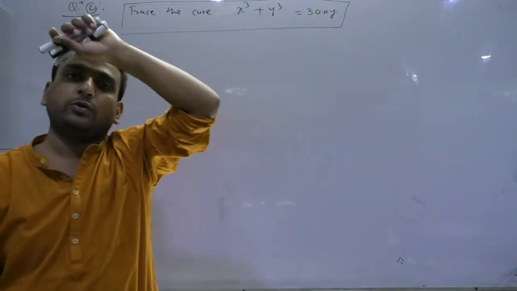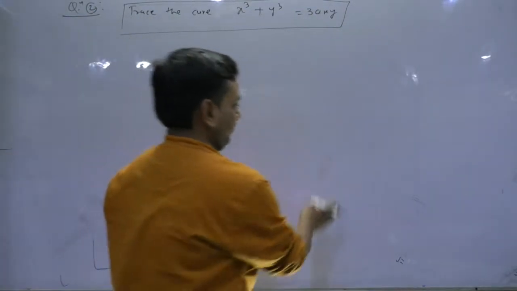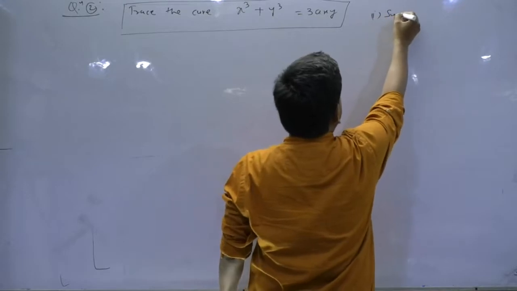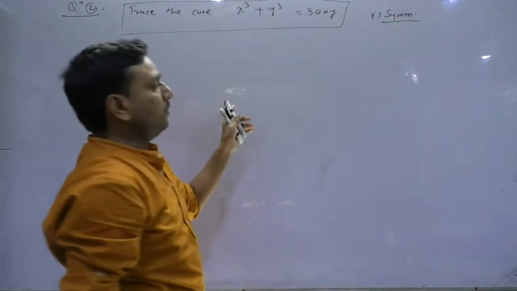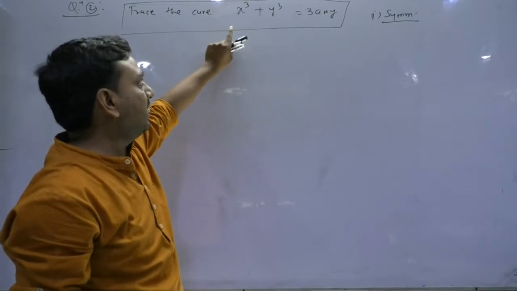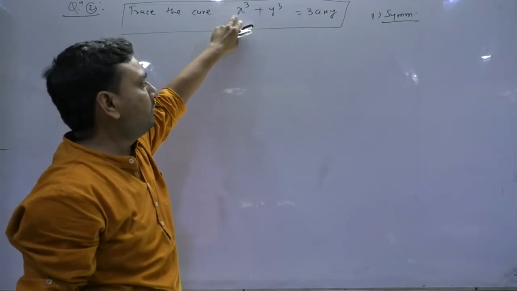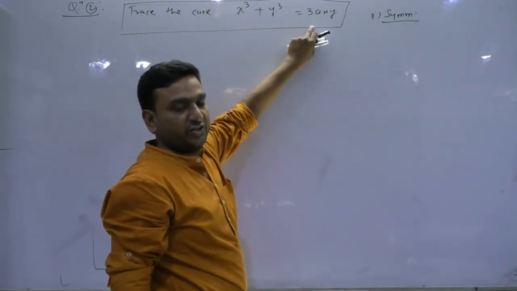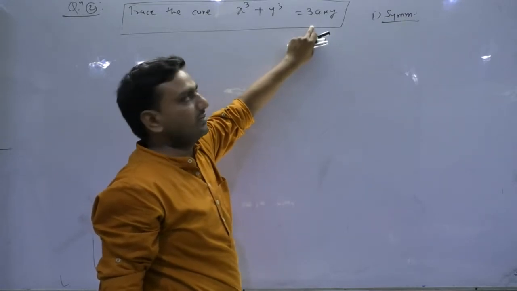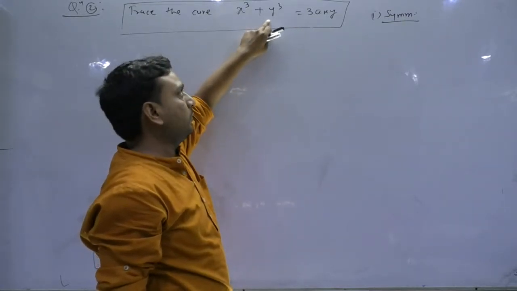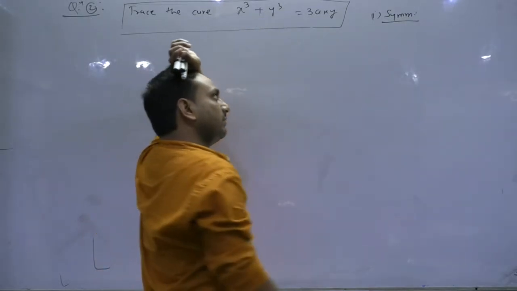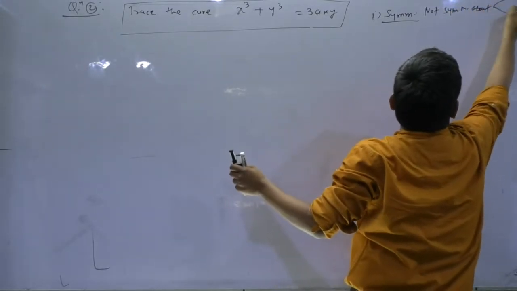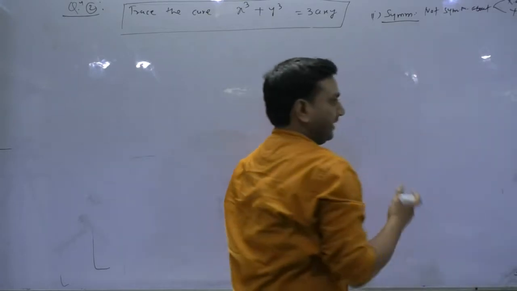Let's try to trace this curve with the same exercise. Okay, children, let's go. So what I told you, the first point is symmetry. Symmetry about the y-axis: if I replace x by minus x, this will be minus x cube, this will be plus x cube. Obviously the curve will be changed, so not symmetrical about the y-axis. Now I can do the same job with y. So similarly the curve is not symmetrical about the x-axis, so not symmetrical about the x-axis and y-axis.